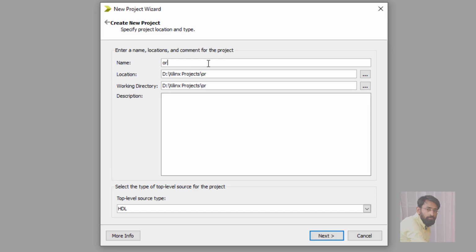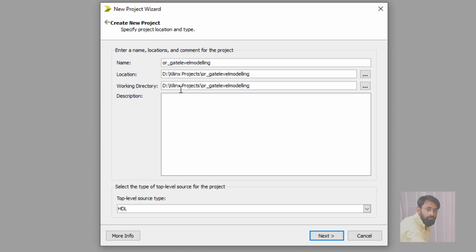The name that I'm giving is OR underscore gate level modeling, and location and work directory you have to choose. So I've chosen in D drive, in particular folder Xilinx projects. I've created this one. So in the same manner you can choose different locations in your PC.